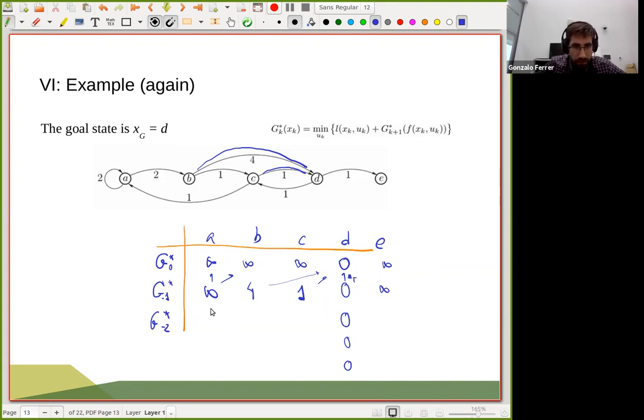Now from A, what we have is that the optimal cost to go would be less than infinite, not by going to the same node, but just going to B, right? So that's going to be 6.2 plus the cost to go from B. B, interestingly, we are going to be analyzing all these other options. So we have C and we have D.